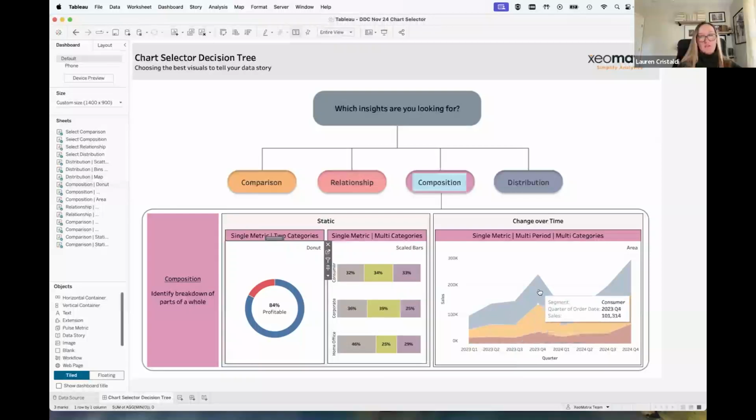Then for the area chart, I'm just seeing a general trend over time of how the sales are doing for each quarter based on the year. And it looks like consumer had some spikes, but these other spikes in sales also correspond to one another. So you can see this wave kind of going together, which makes sense. So yeah, kind of comparing those different parts of the whole, either scaled or not scaled to 100%.